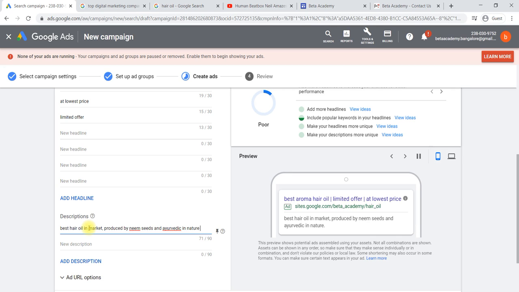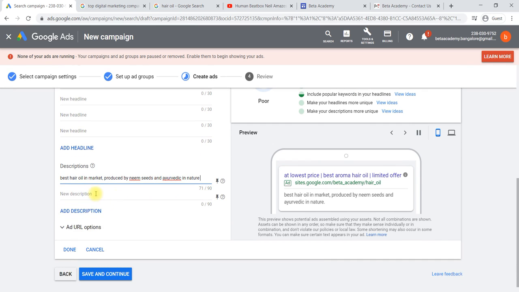Once you have written a description, you can write one more description also, like application: hair fall, anti-dandruff. Like this we can write the application side also.